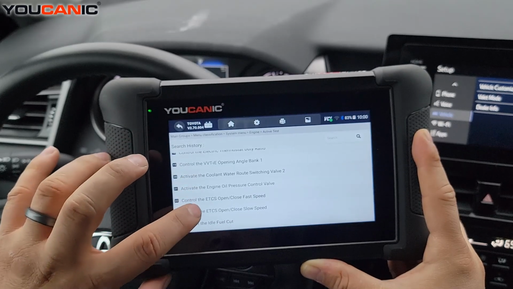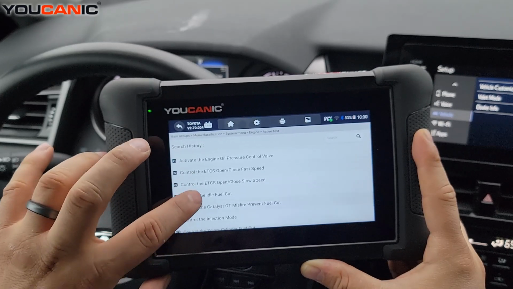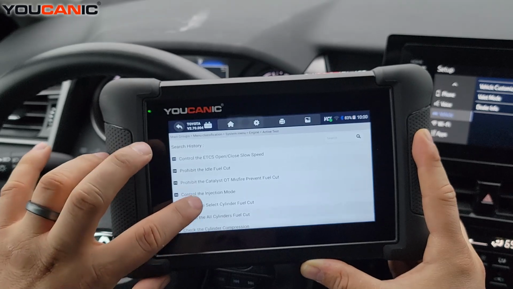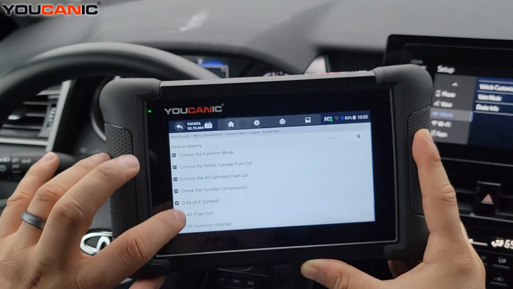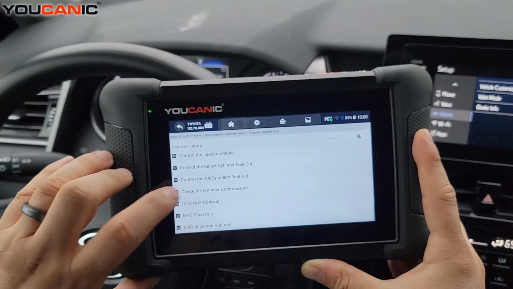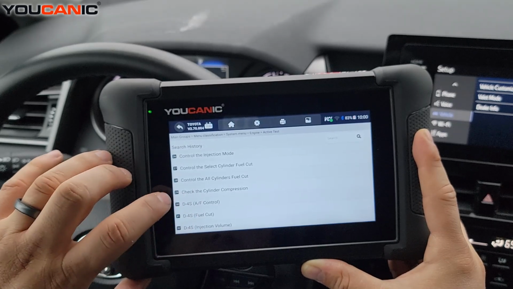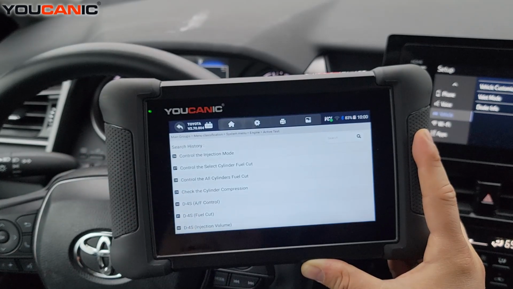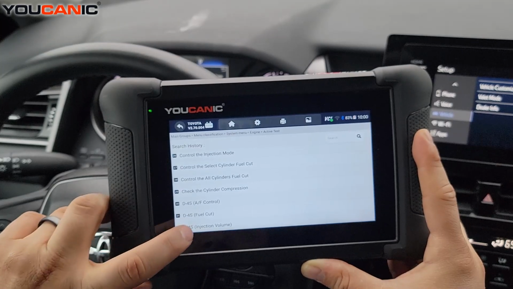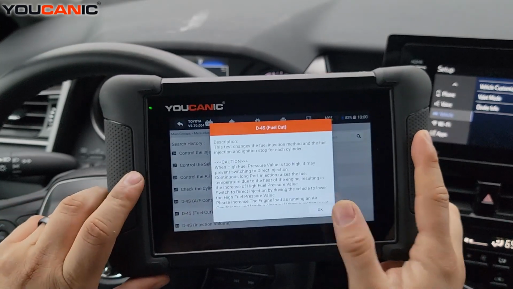Actually, I can see what a lot of them do. There's a few that I'm not quite familiar with what they will actually do, so you'll have to research them, or maybe you already know what you're looking for. But check the cylinder compression and fuel, and cut the fuel injector volume. So fuel cut, press OK,